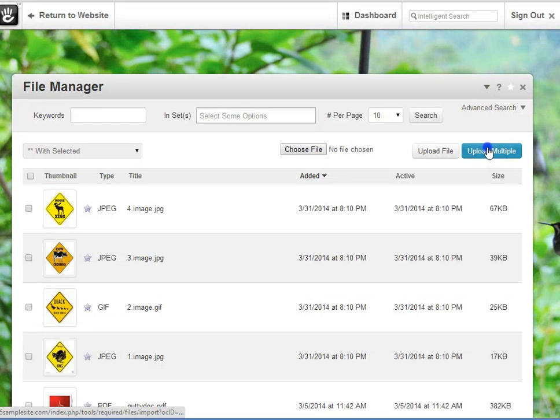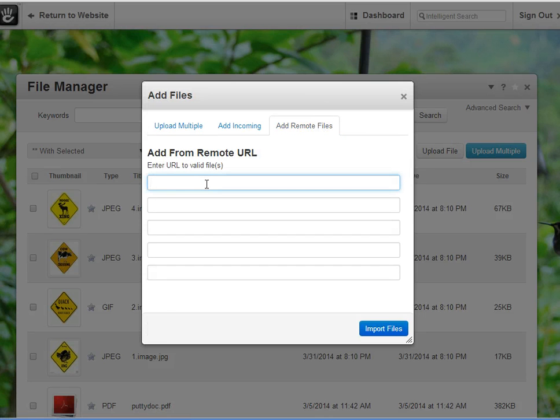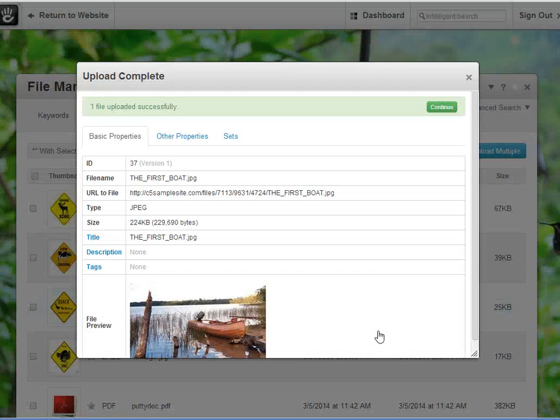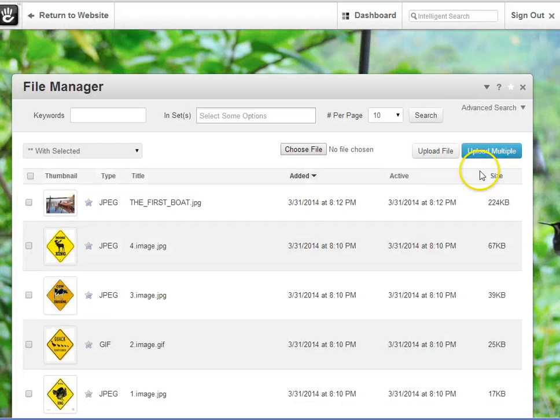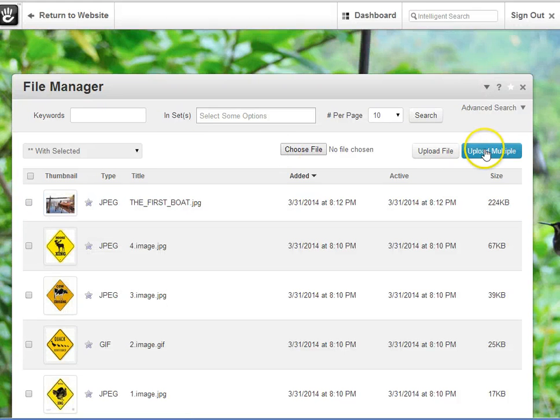Knowing the URL will allow you to once again add a remote file. I'm going to paste in a URL that I pulled from one of my other websites. And by just simply selecting Import the file, I haven't had to search for it. It just found this image on one of my other websites and transported it here for me to use. It's a very handy tool when you have multiple sites that you're working with. And the third option,